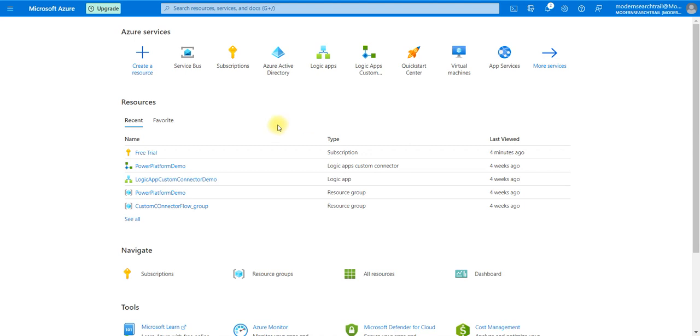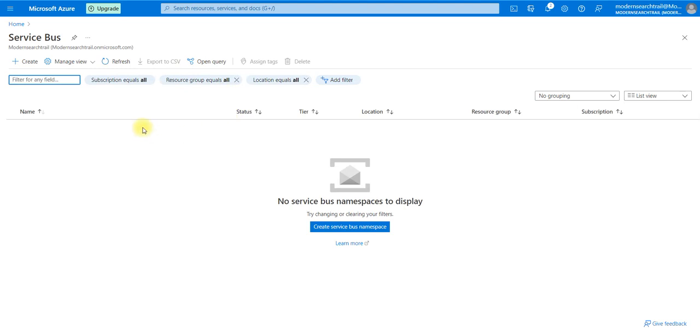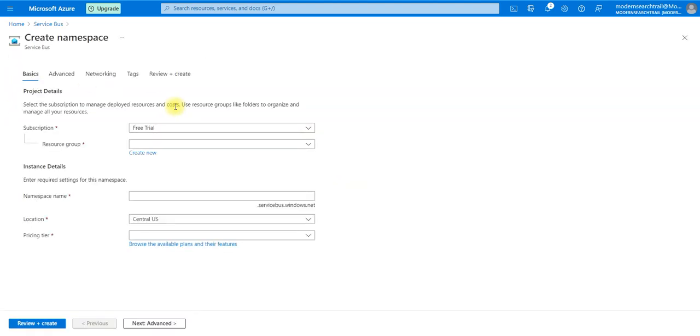Log into Azure portal to create the service bus. Search and click on service bus. We need to create the namespace for the service bus. Click on create. For creating the namespace, we need to provide some basic details like subscription, the resource group, namespace